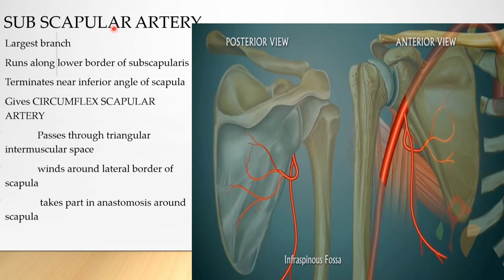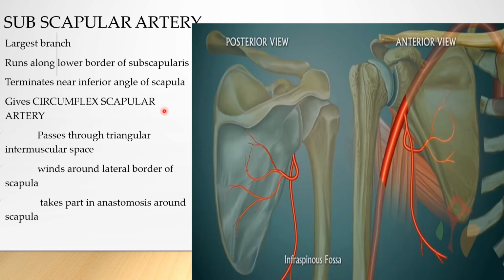Next, coming to the subscapular artery. This subscapular artery is the largest branch. Which is the smallest branch I said? Do you remember? It is the superior thoracic artery. Next, coming to the subscapular artery. It is the largest artery, and we will have to read separately about this because it forms the scapular anastomosis